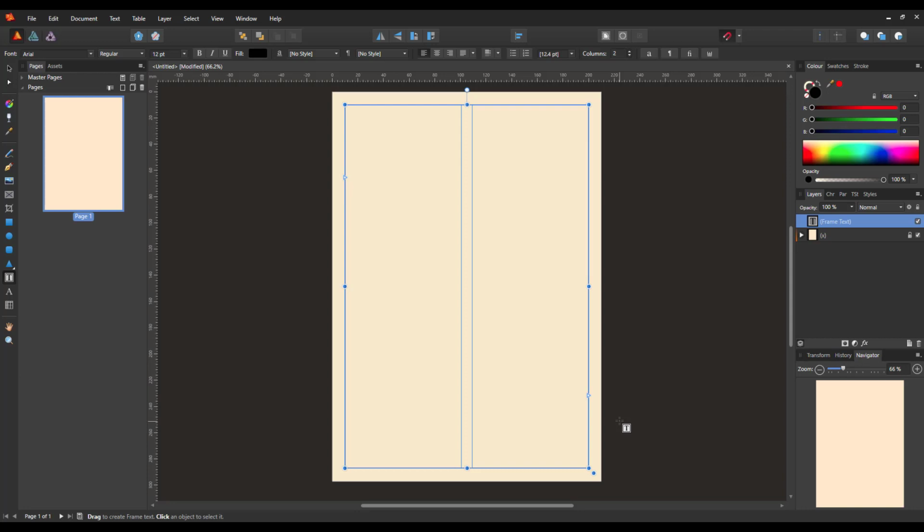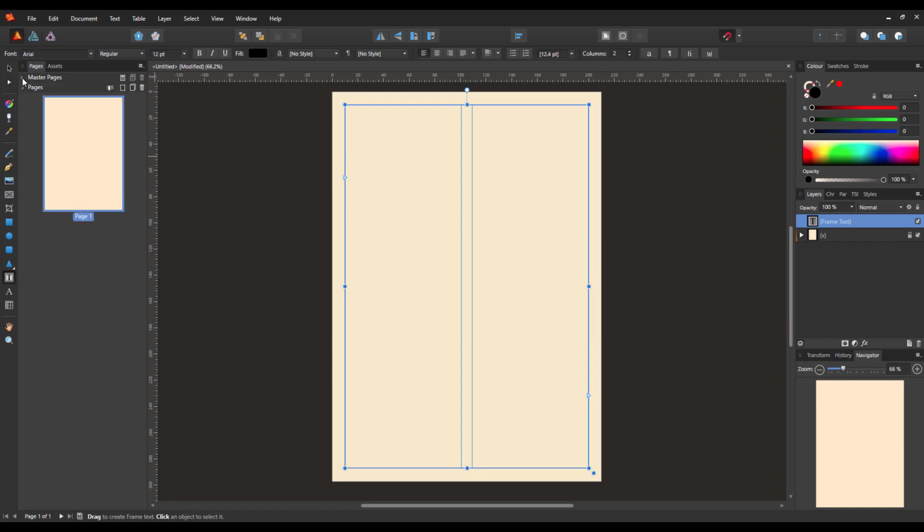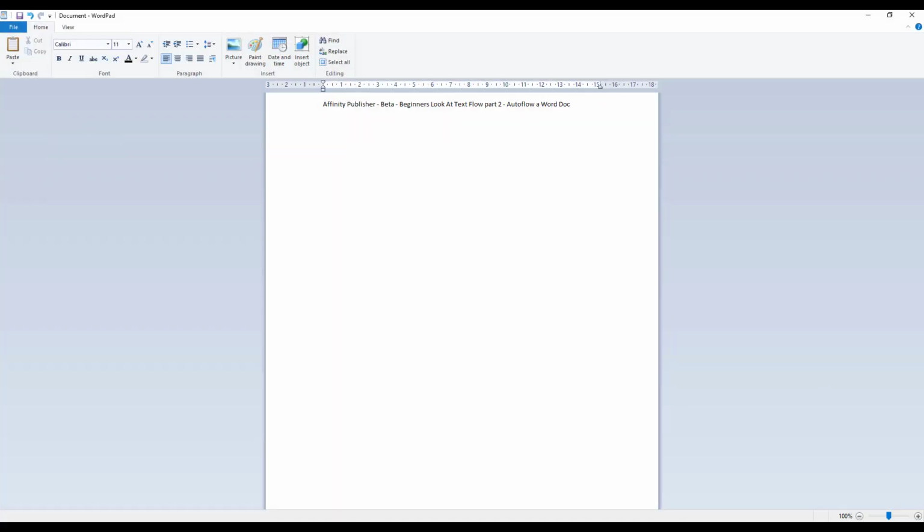So what I have already done is set up a single A4 page with a 2-column text frame on one page, and there is a master page which is just giving me the background colour. A lot of the setting up is all covered in the first video I made, so I'm not going to cover it again. So what I have done is